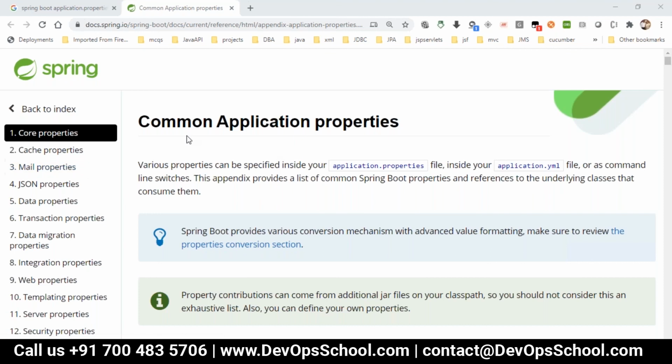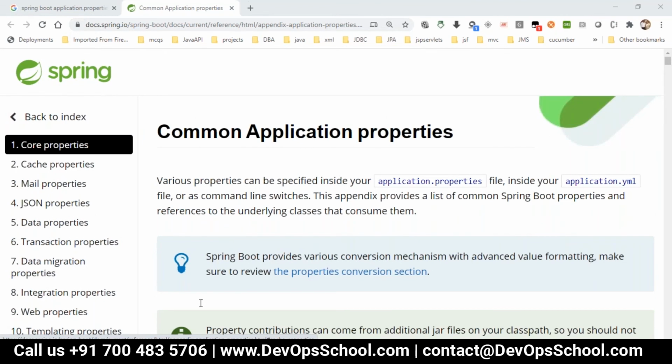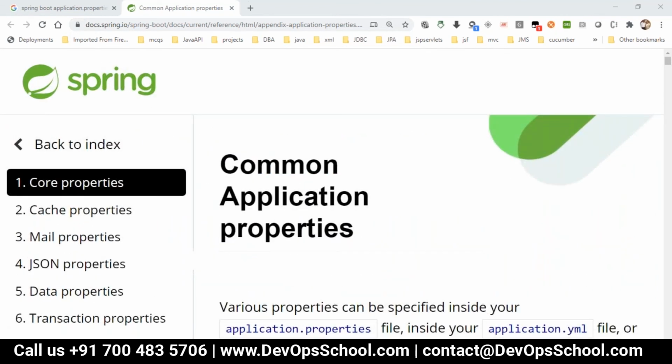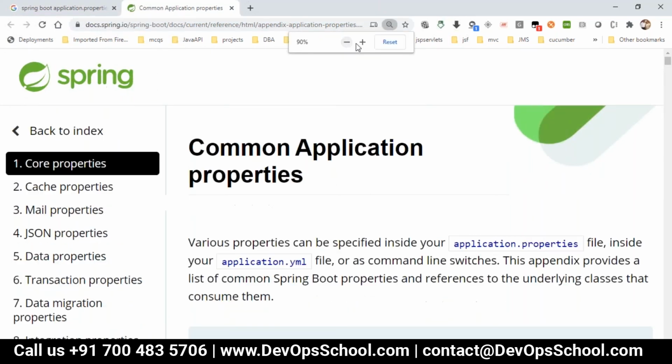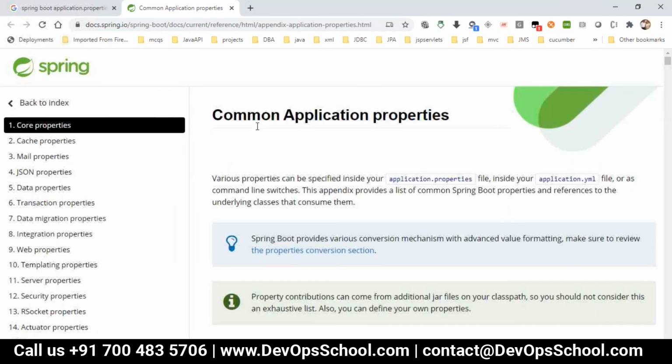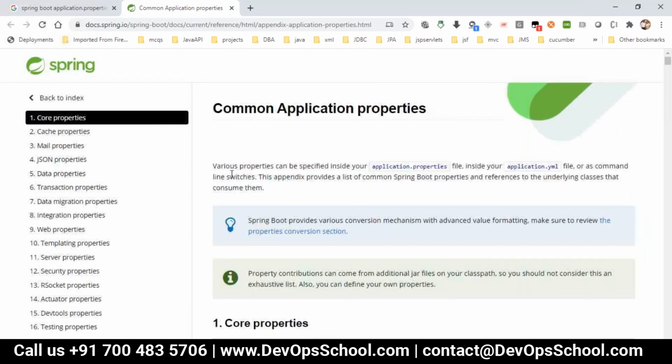Those are the various properties specified in your application. It depends on which module you are using.